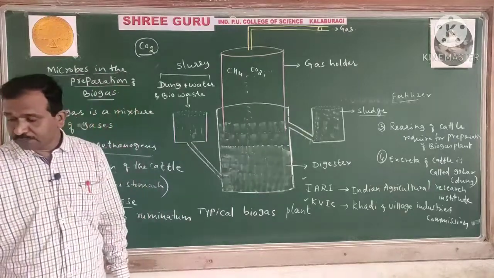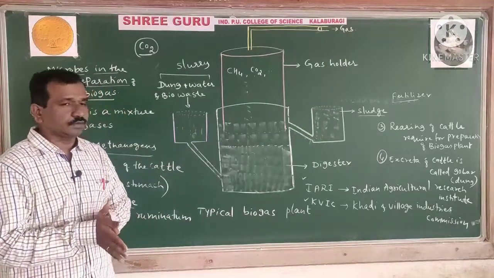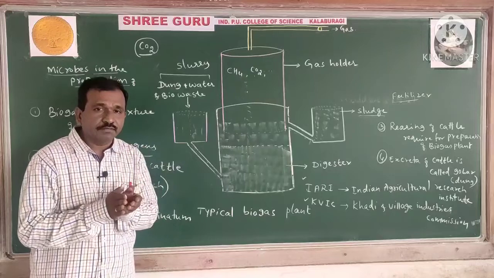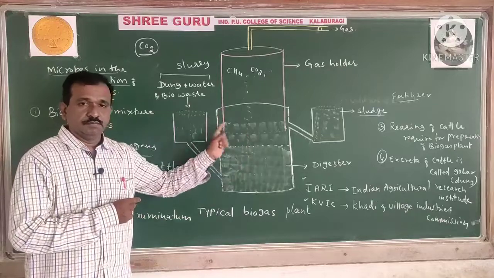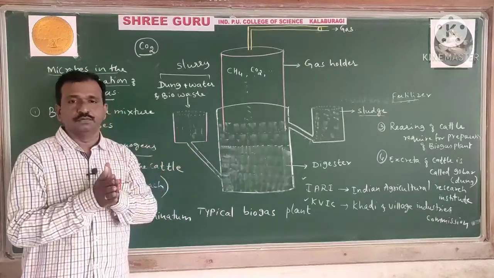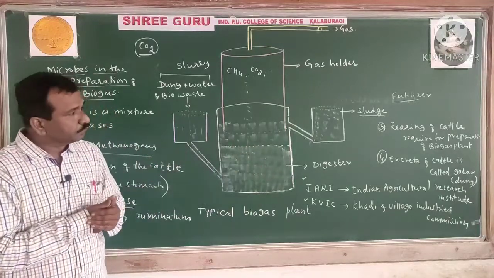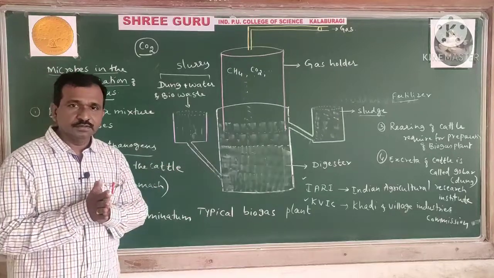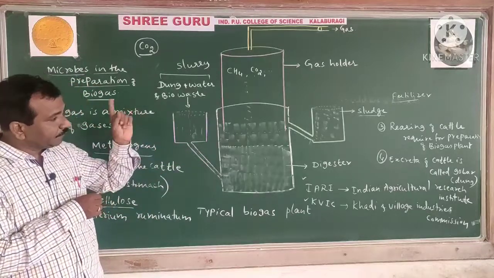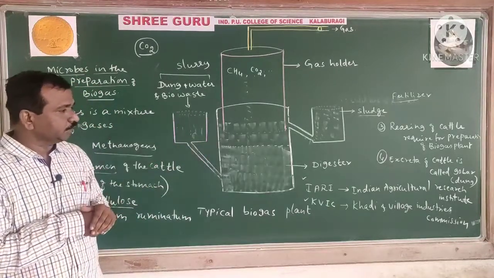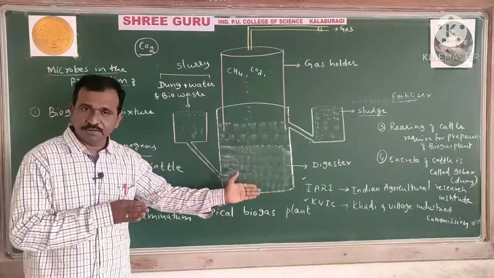So now in the next video we are going to observe how these microorganisms normally control the activity of pests and insects. Till then you have to either learn this by heart or first understand all that we have studied here. It is simple, and the important part is the 5 mark question, so you have to observe it. Okay, we'll move on to the next video, and in that video also once again I will tell you what we have studied: the components, that is, what biogas is made up of, IARI, KVIC.